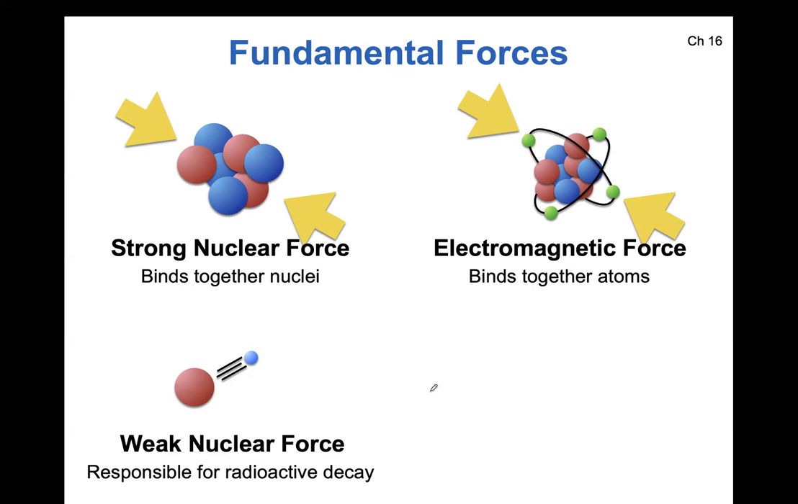It also has a very short range of effectiveness. And it is responsible for radioactive decay. Now, not all types, mind you, but beta decay, which was the type of radioactive decay which we did briefly discuss, which involved the emission of electrons or positrons from the nucleus. And it always involved the conversion of a neutron into a proton or a proton into a neutron. So we can think of the weak nuclear force as being involved with these blue spheres becoming the red spheres